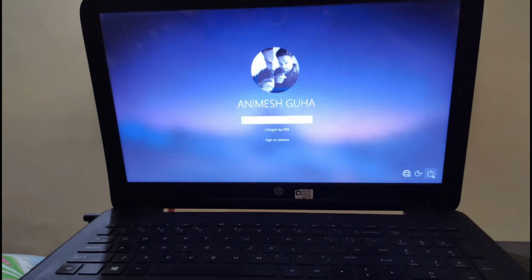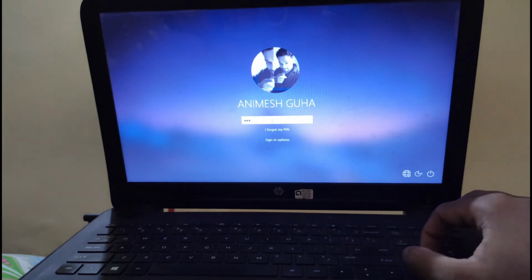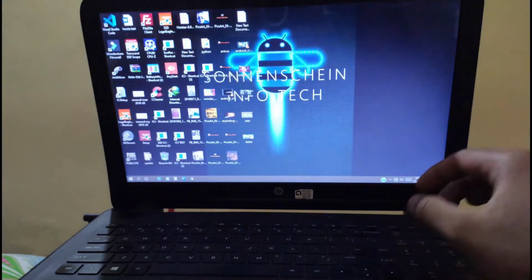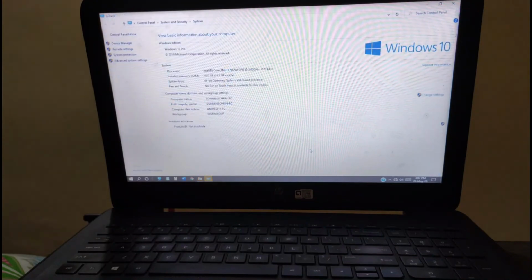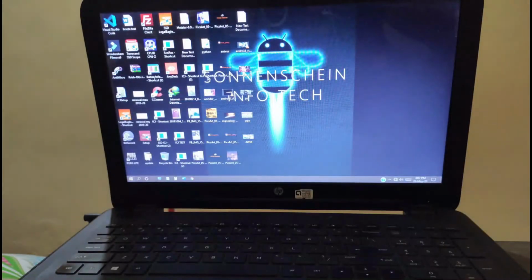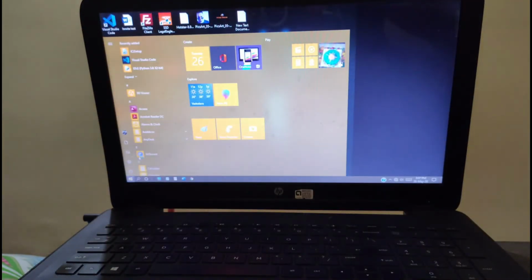But 15 seconds is also quick, as mine is just an old laptop. You can see the config of my laptop. It's an i3 processor, and it's 5th generation, so it's quite old, but it will restart very quickly as soon as you give it some time.